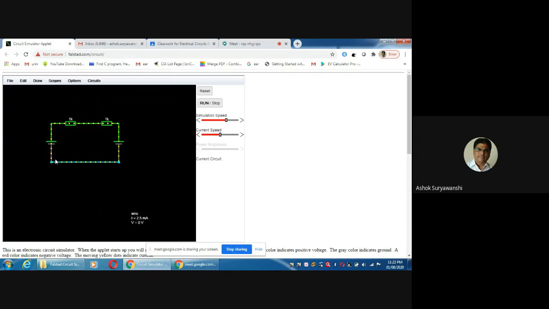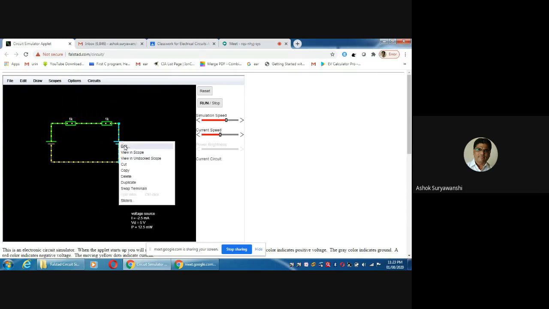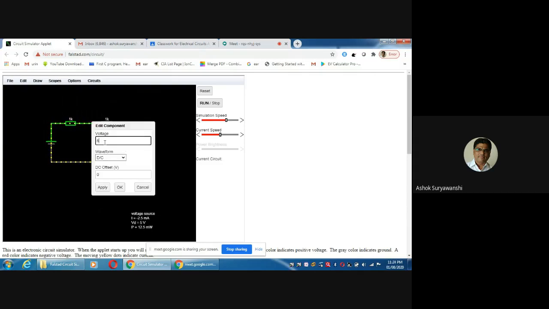Now you can see the source voltage is there, the circuit is complete, and it is showing current. Similarly, set the other values. For the second voltage source, right click, edit, and select the value. It is 5 volts, waveform DC, offset 0, apply.